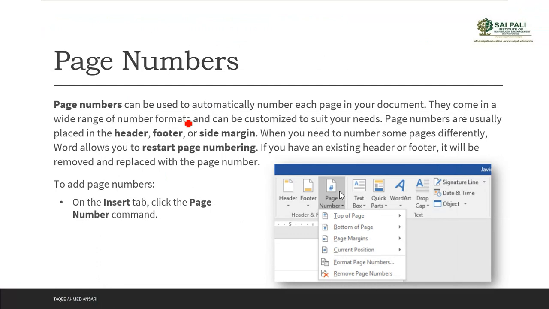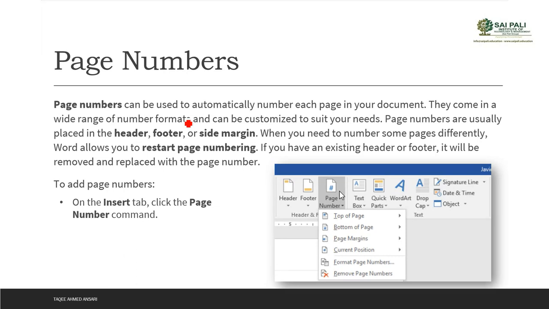Now the next thing is page number. Page number can be used to automatically number each page in your document. This page number is usually placed in the header or footer, or even in the side margin, that means the left or right margin of your document. It depends on the layout you select.